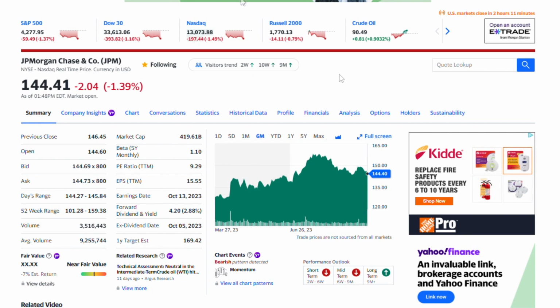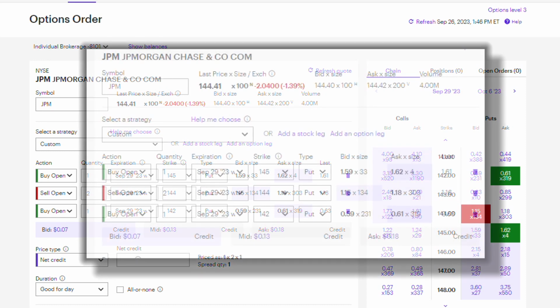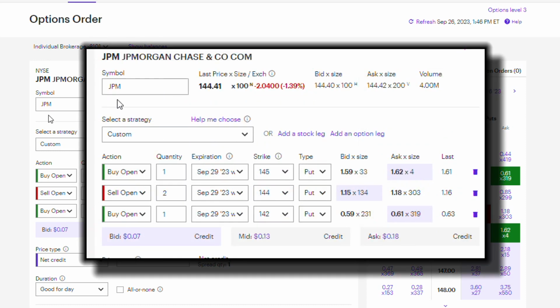I don't think the stock is going to fall much further, so this is a good candidate for the skip strike butterfly with puts. Let's go ahead and build the order. I've already entered the individual positions, so let's walk through this. First, I'm going to buy open one out of the money put, and that price is right around $1.60 or